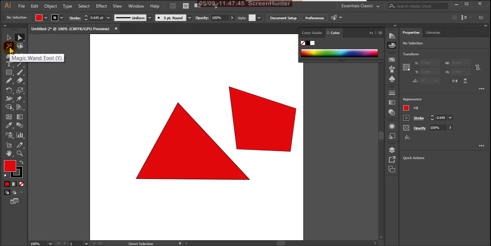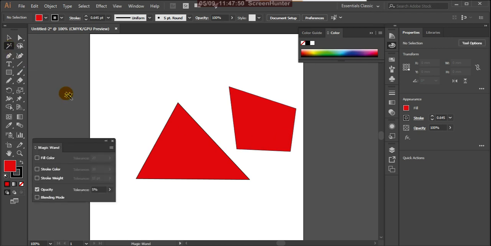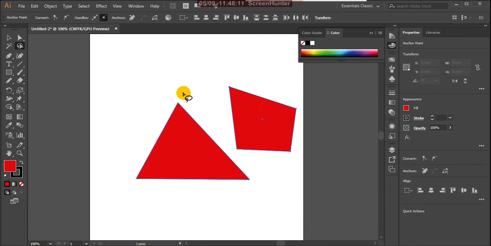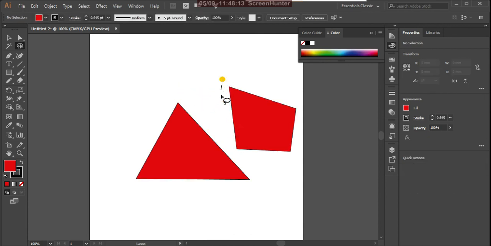And the magic wand tool selects the same line thickness, the same stroke color, opacity and blending mode options, if you choose accordingly. And the lasso tool is for selecting individual pieces freehand, however you want.